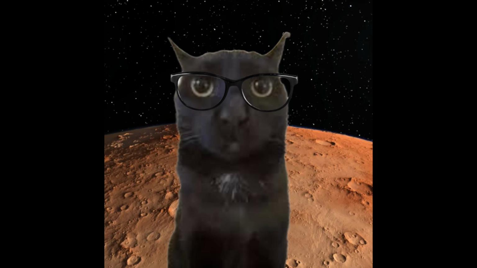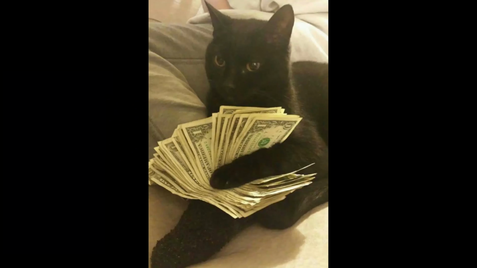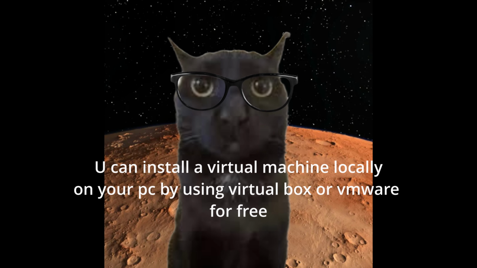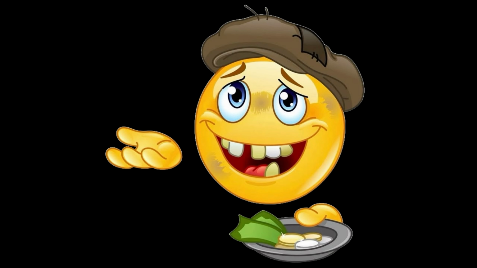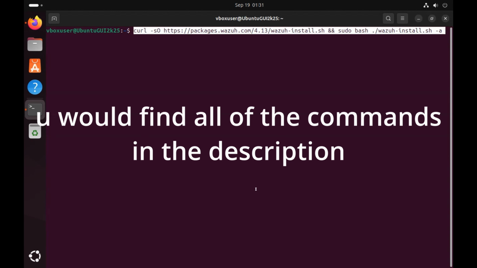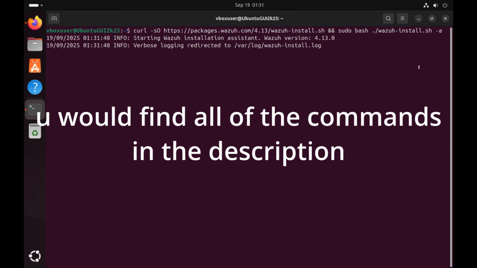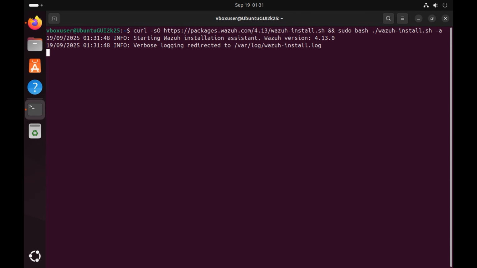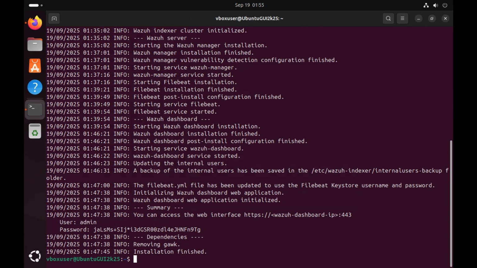You can install Wazuh on a virtual machine hosted by a cloud provider like Linode, but that costs money. Alternatively, you can install it locally. Since I'm broke, I decided to go with the VirtualBox option. So I set up an Ubuntu virtual machine, opened the terminal and pasted this command. Allegedly, what this command does is install a Wazuh installation assistant, and after the installation is complete, you would see